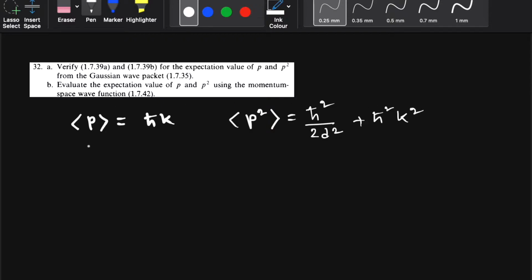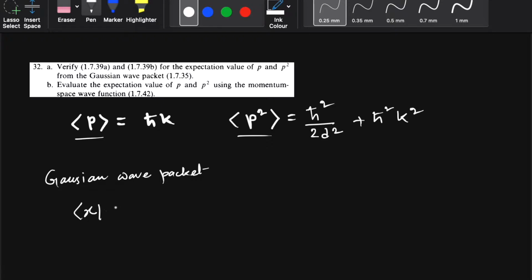So we have to prove these two expectation values, where the state over which this expectation is calculated is a Gaussian wave packet, which is